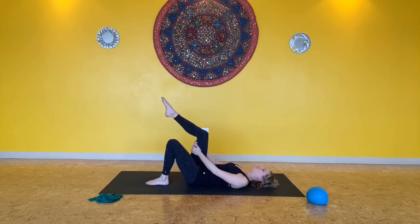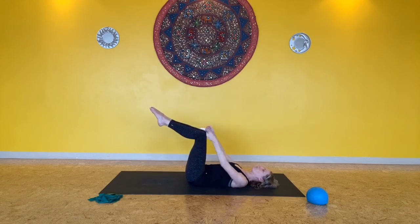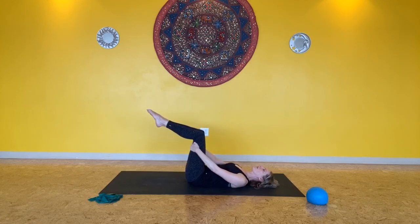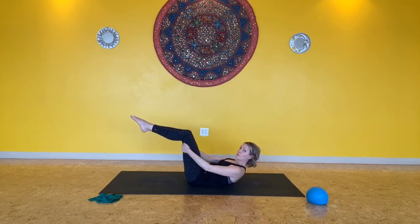So if you feel like, I'm a little nervous, you're welcome to bring one leg down. Hands are behind the legs. You're going to pull in with your hands and push out with your legs. So there's going to be that isometric contraction again. You're going to nod your chin, start to roll up into your upper ab curl. As you get through the sternum, you're going to start to push your legs away from you to help you